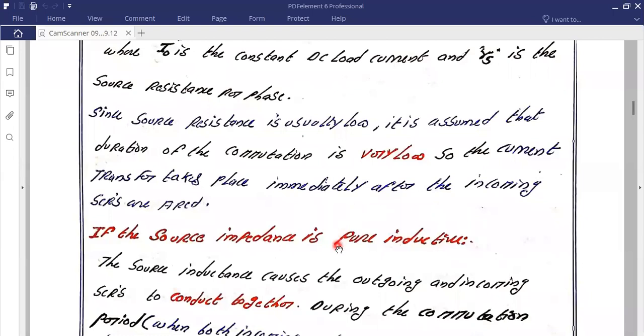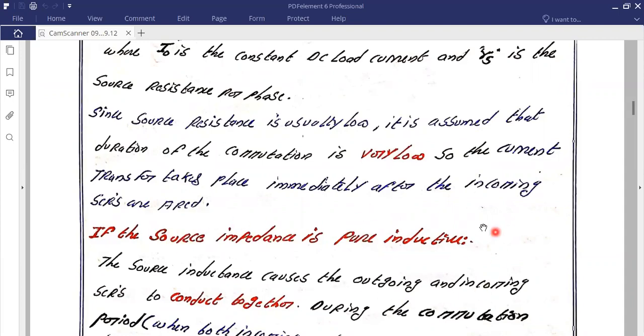Here, if the inductance is considered, then due to this inductance the current will never change instantaneously. If the current did change instantaneously, it would lead to a short circuit of the source for a certain time span in which the devices are in conduction. So that can be observed here.